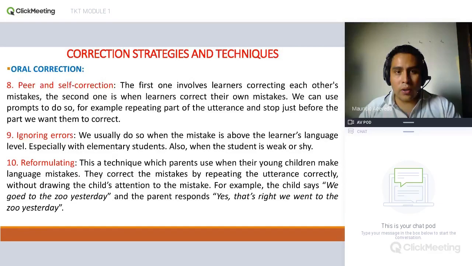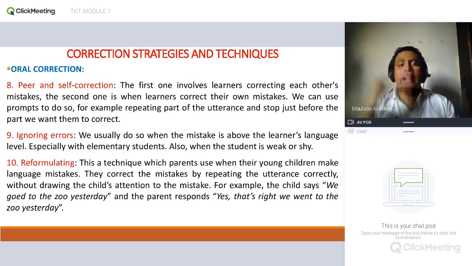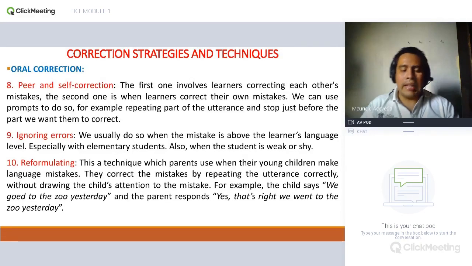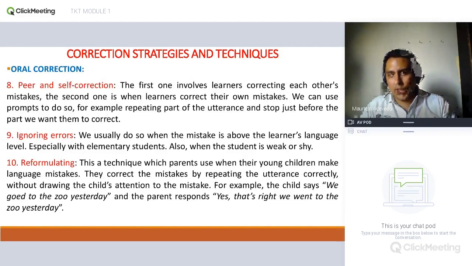And then you make them correct it themselves, because you were just writing, but they created all the sentences. Okay. And the second one is by themselves. Like, maybe you are telling them to write three sentences in present perfect. They write them all, and whenever they come to you, you say there is a mistake, check it out,